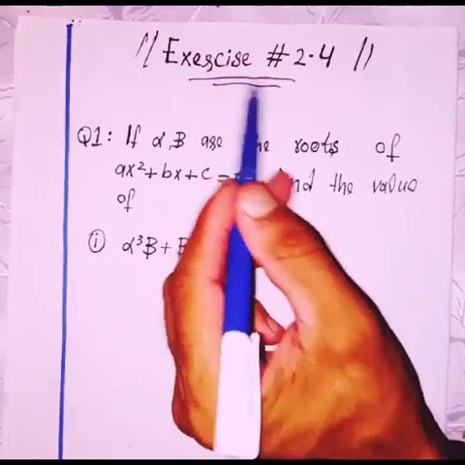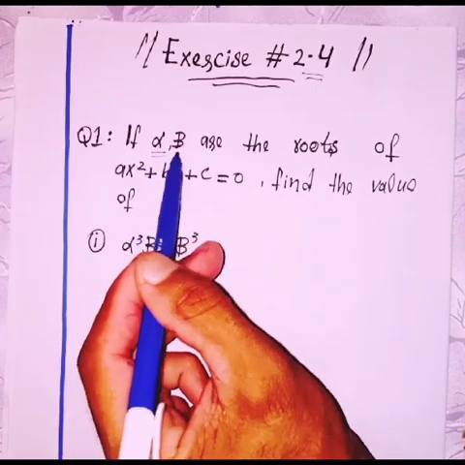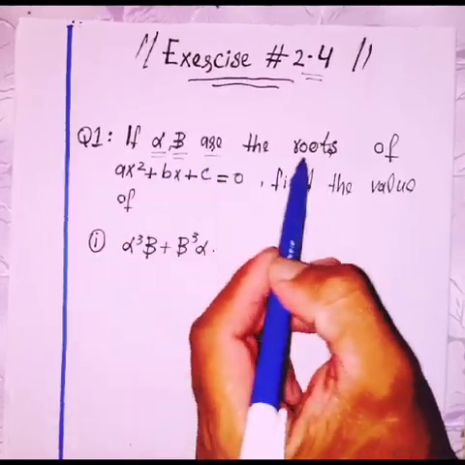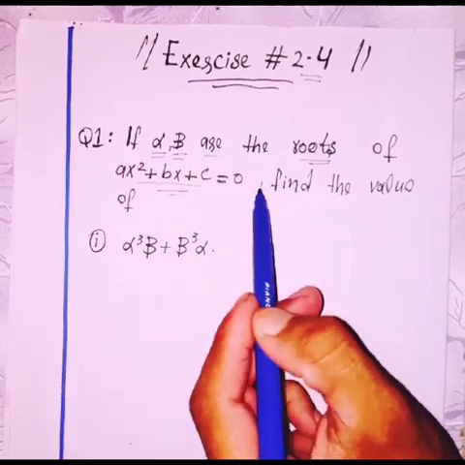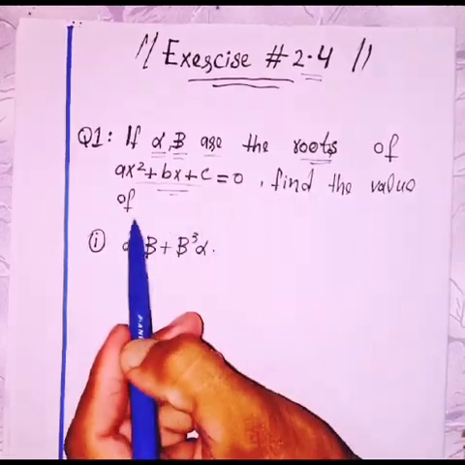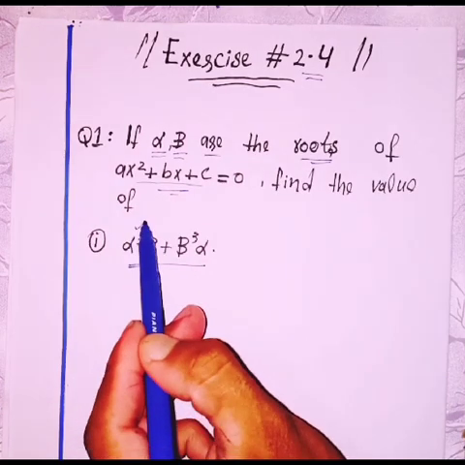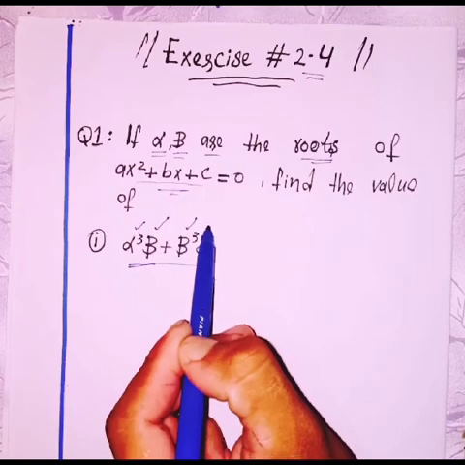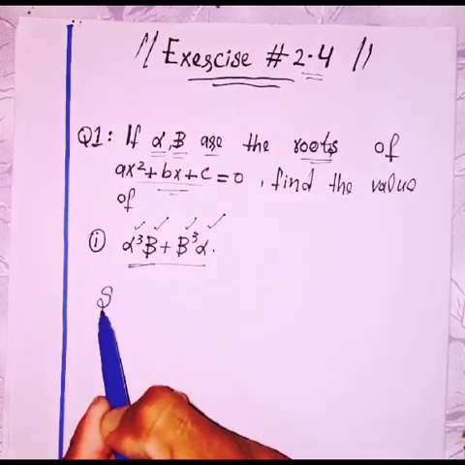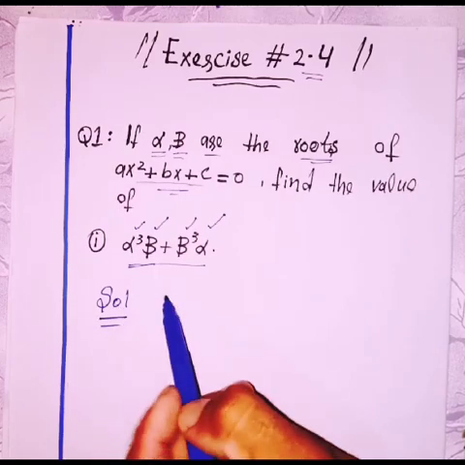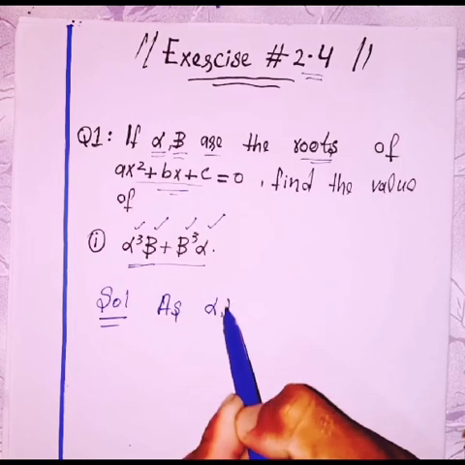In this video I'm going to discuss exercise 2.4. Here we have question number 1. If alpha and beta are the roots of x square plus bx plus c is equal to 0, then find the values of question number 1, part 1, which is alpha cube into beta plus beta cube into alpha. So the solution for the given question will be: